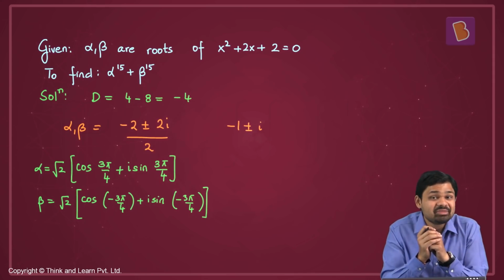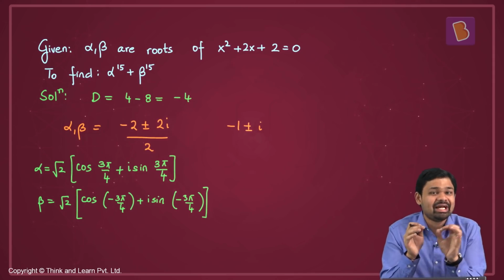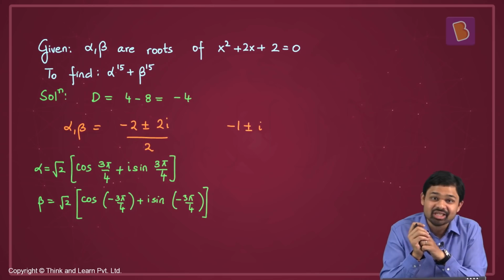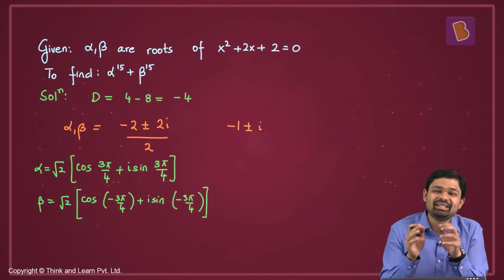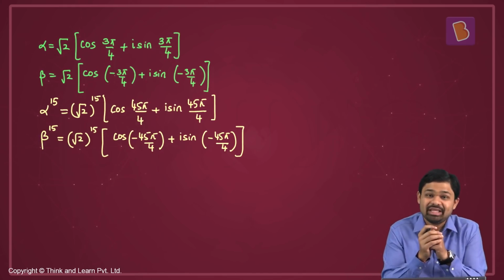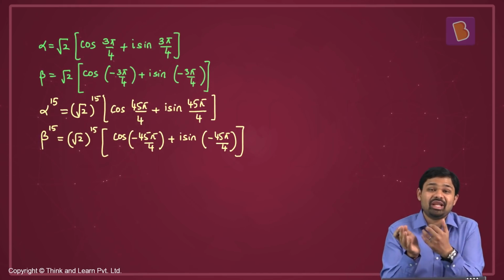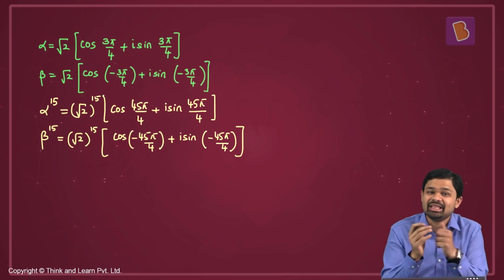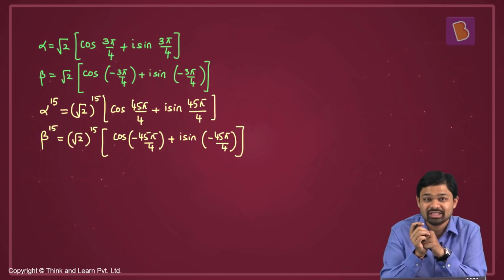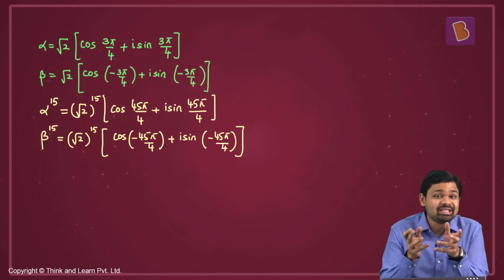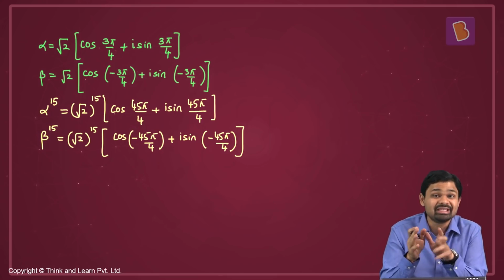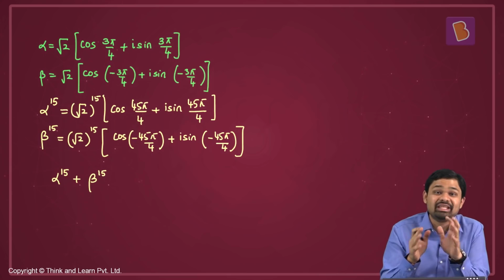De Moivre's theorem says that my complex number cos theta plus i sin theta raised to the power n, where n is a positive integer, gives me cos n theta plus i sin n theta. So my alpha to the 15th and beta to the 15th are going to be very, very simple to calculate once I've expressed my complex numbers in the polar form. I just need to take the sum of these. What will happen if I take the sum of these terms? The sine terms will cancel out, because sine of minus theta is minus sine theta, which means alpha to the 15 plus beta to the 15 is going to be